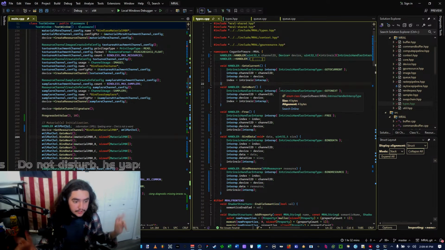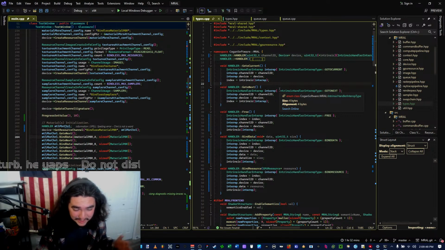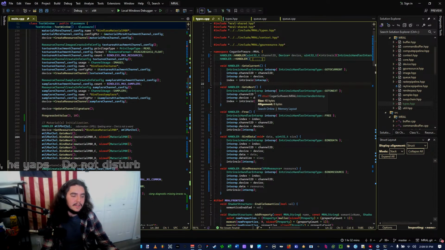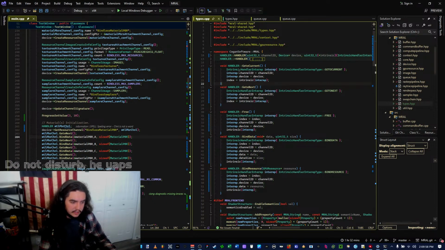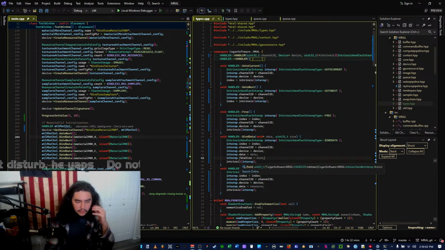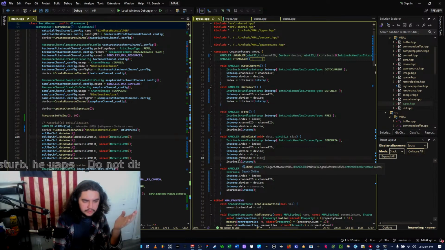Sends what I call an intrinsic handler interop. I couldn't think of any good names, and I was tired. I'm like, I'm just gonna do this, get this done. It's basically a union. It's not a union. It's basically just a collection of data that any of these functions create, and they just fill it out, and they send it to a callback function pointer. Easy as pie.